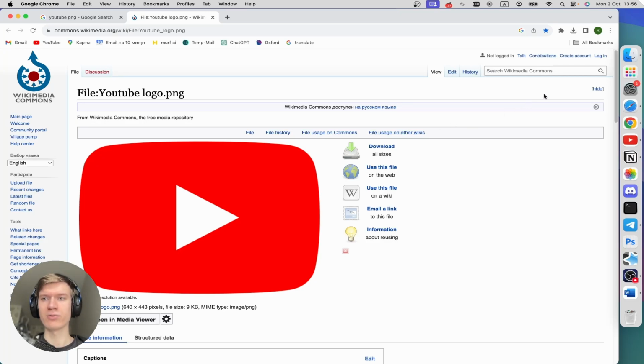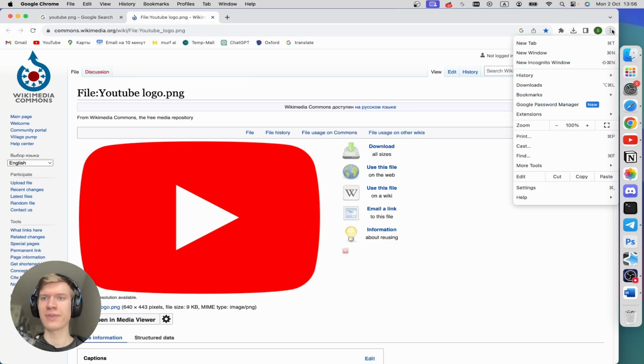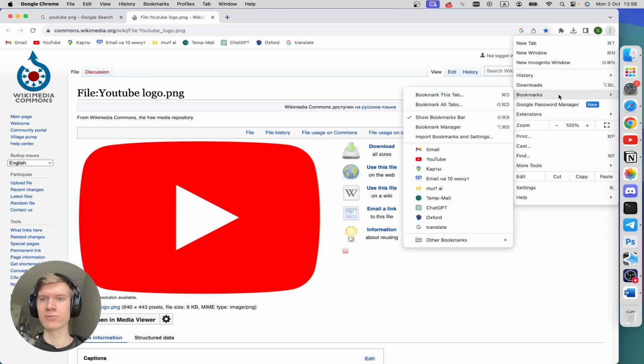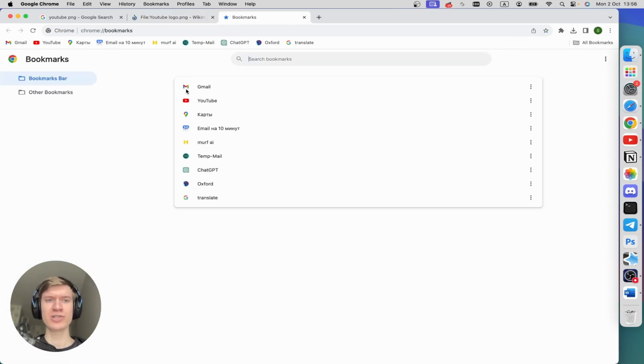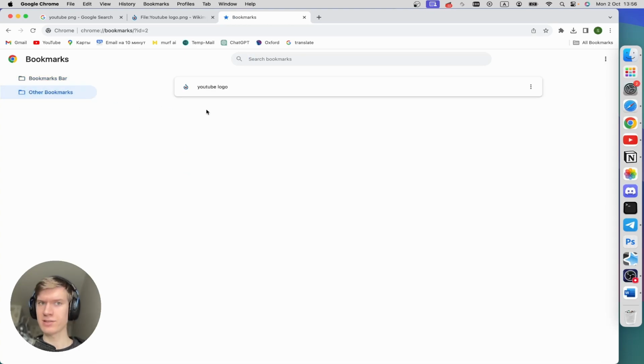Now I'm gonna click on the three dots at the top right corner, and then in the drop-down menu I can find bookmarks right here, and now I can click on bookmark manager right here, and as you can see, here's my bookmarks bar, and I can click on other bookmarks, and as you can see, here's my YouTube logo,